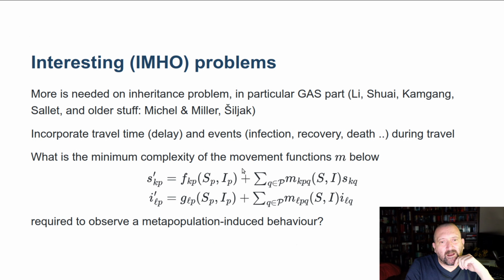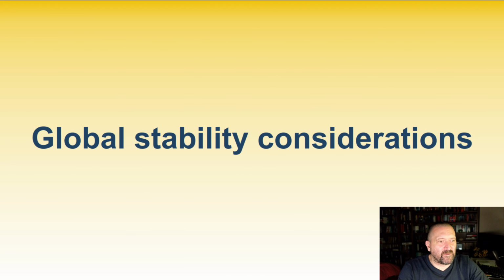More generally, I've talked here about movements that are linear. As soon as you start to make things more interesting, things become more complicated. So for instance, suppose I have some dependence on the states in the movement rates. These are interesting problems. Okay, let's do it. A little bit about global stability